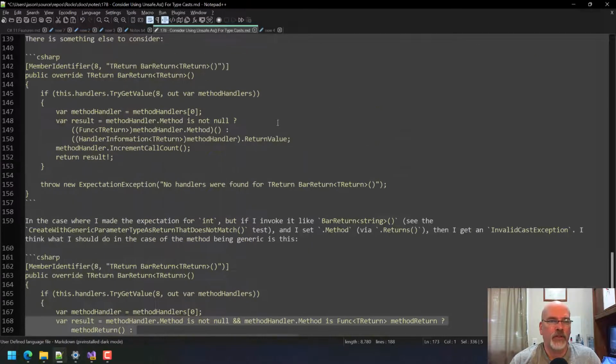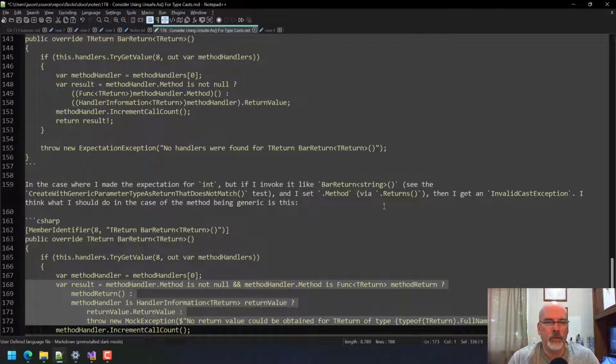Generate that code rather than generating this code. So it'd be a little bit more, but not much. Like you'd say, if it's an open generic, which in most cases, I'd say if it's not an open generic, do this, because my gut is saying more cases than not, you're going to have resolved types. You're going to say it is this type, it's declared as a string or whatever, and you don't need to worry about it being an open generic.